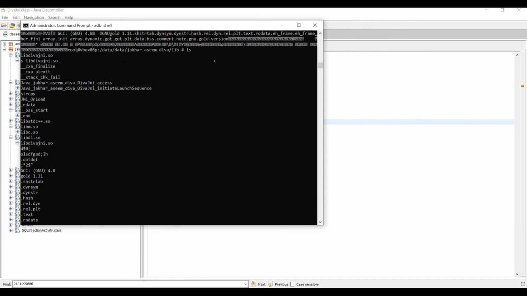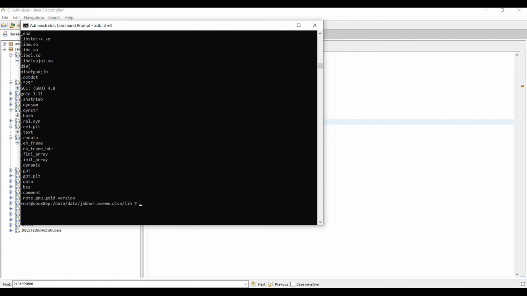See, these are all the strings available inside this file.